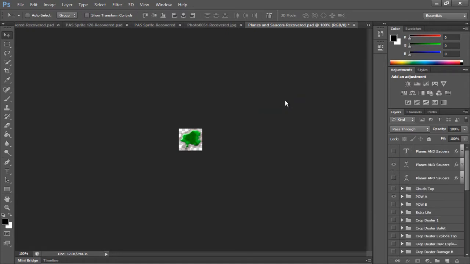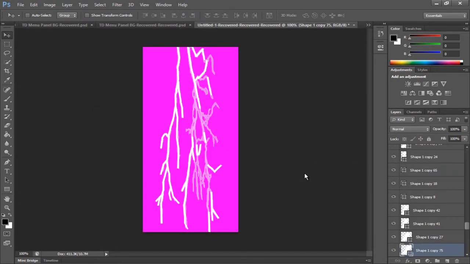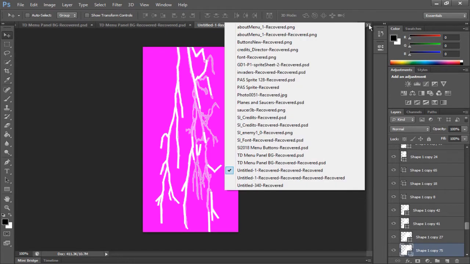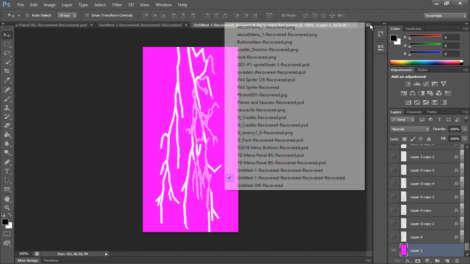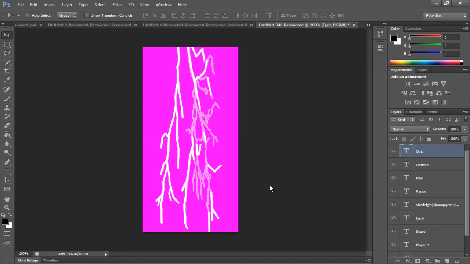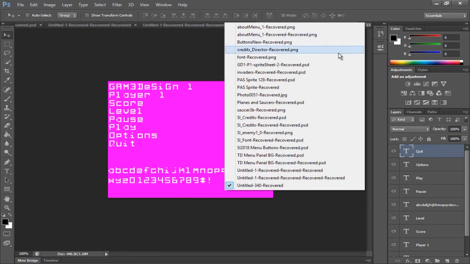No, it's our long level sheet. I can't remember what it was called. Oh, it's clearly not one of those. The 340, would it be that? No, that was our sprite sheet for the menu systems. So it's got to be